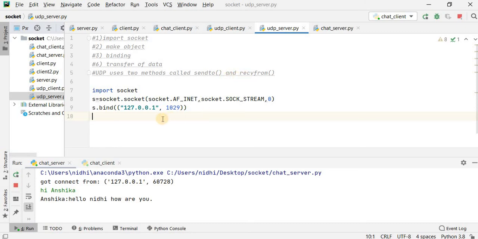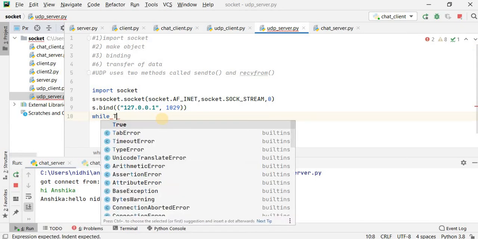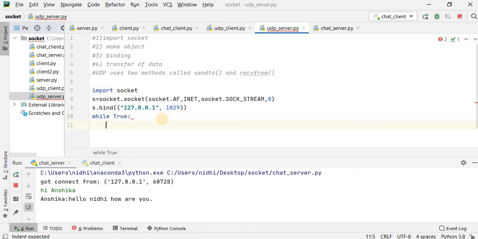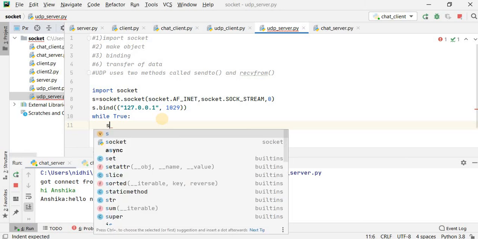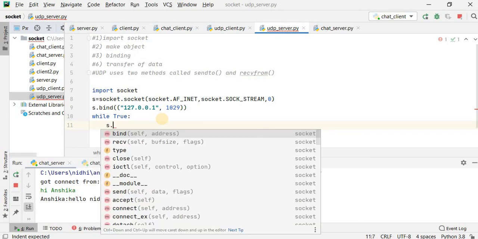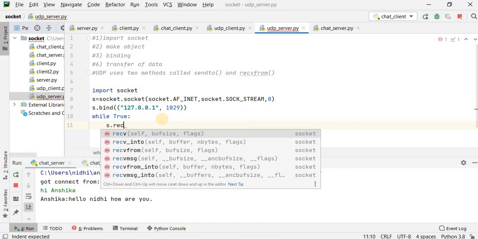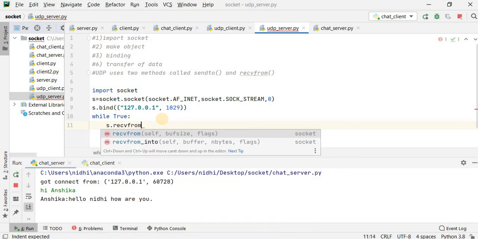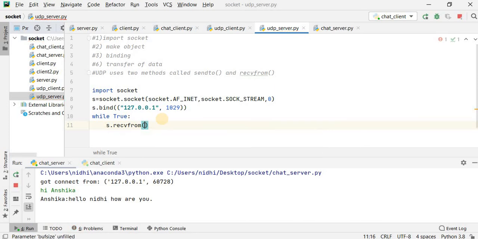So I have to write the code for receiving the packet. For receiving we have to call the method recvfrom, using the object. So s.recvfrom, and in recvfrom we indicate the buffer size, which is 1024.